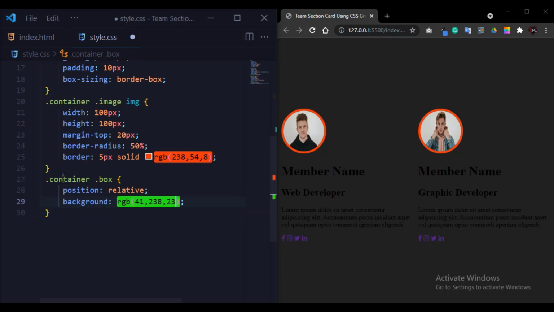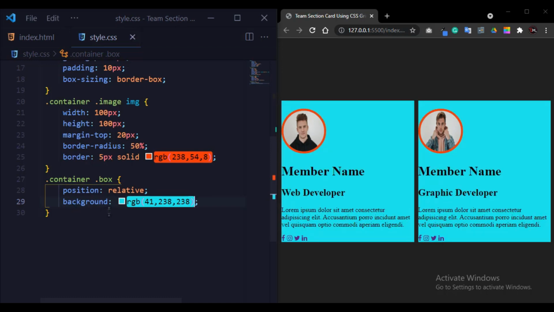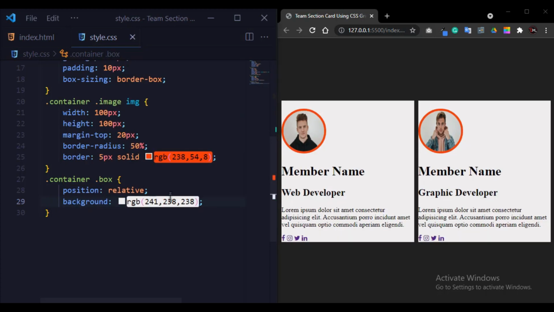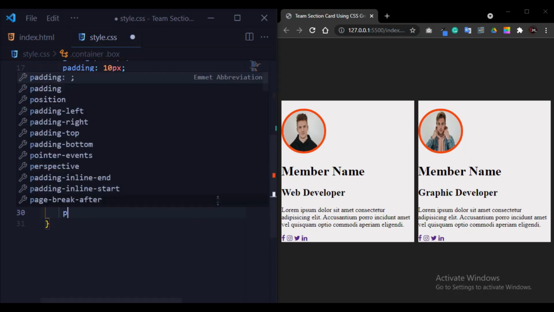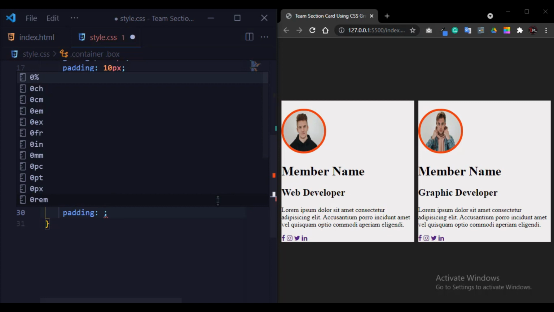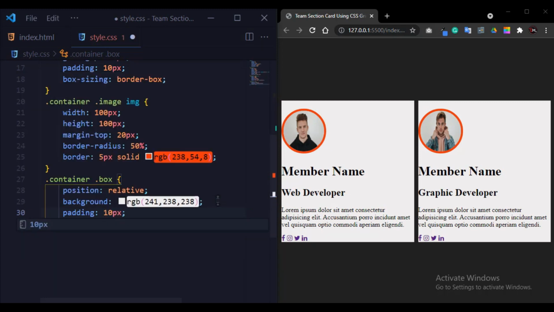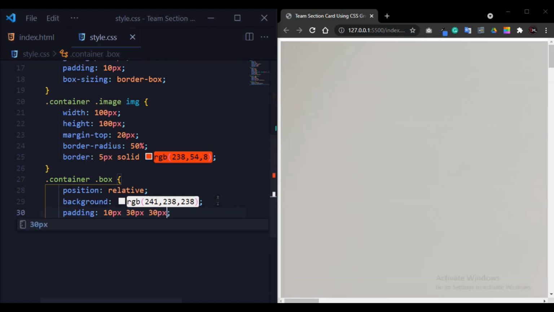You can also write the color name, no problem. Oh, this is not 41, this is 241. Now it looks great. And I give some padding, 10 pixel, 30 pixel, and 30 pixel.